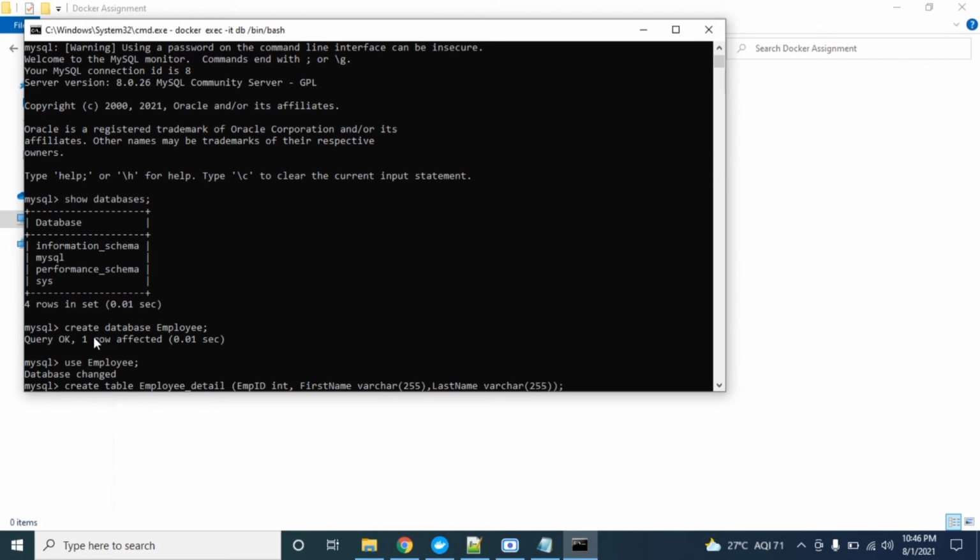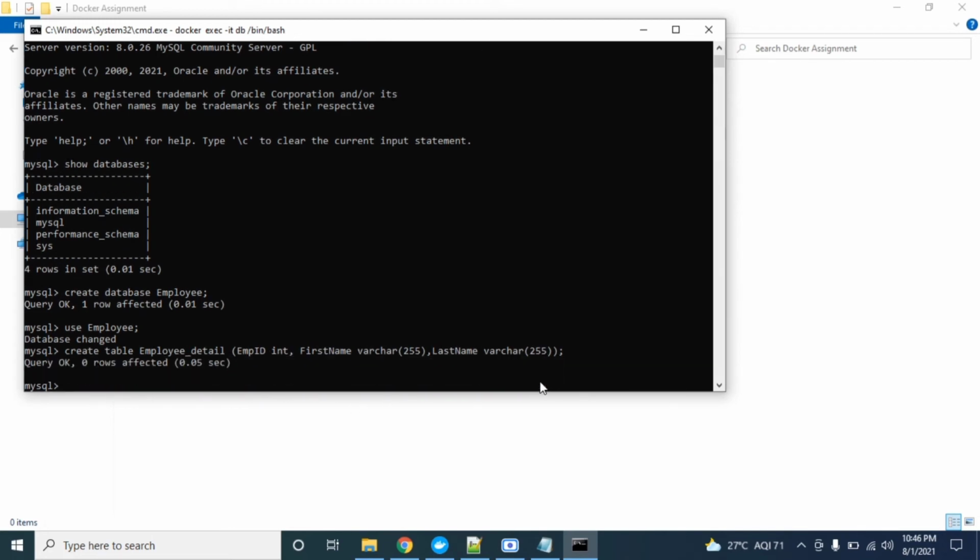I am simply creating a table with these columns: employee ID, first name and last name. A simple table I'm going to create here, and going to insert some dummy data.